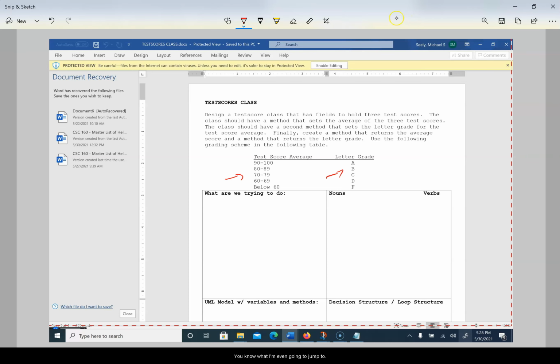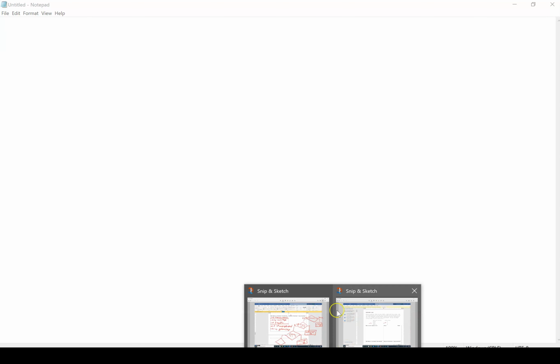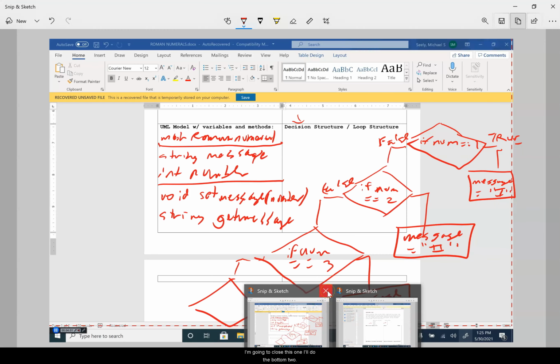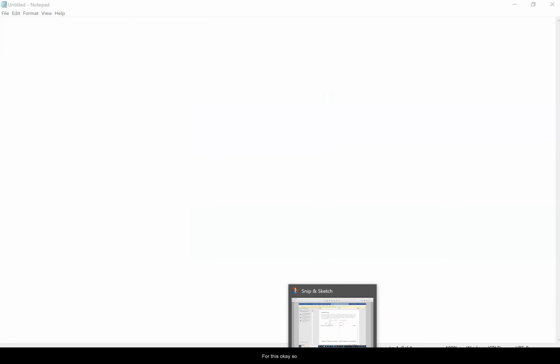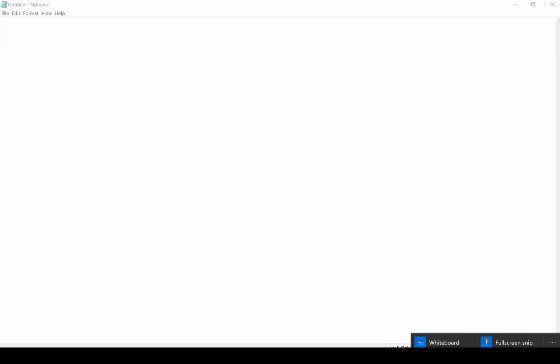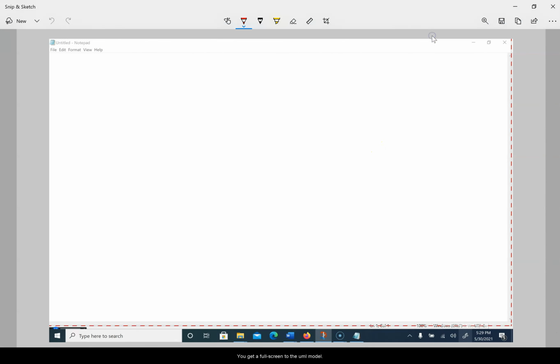All right, so I'm even going to jump to this notepad because I can just do a UML model, the bottom two. I'm going to close this one. I'll do the bottom two for this, okay? So let's do that. Should get a full screen. So the UML model,